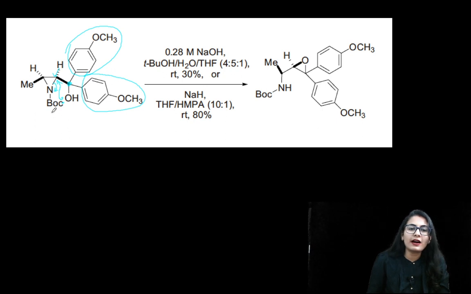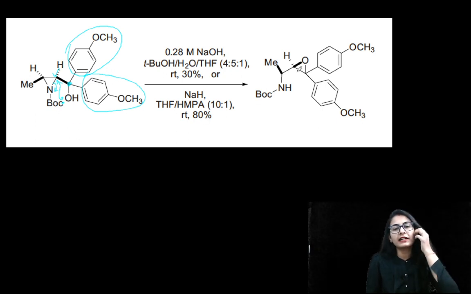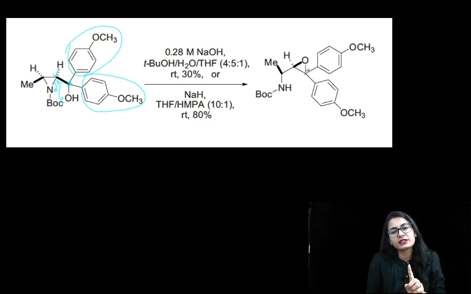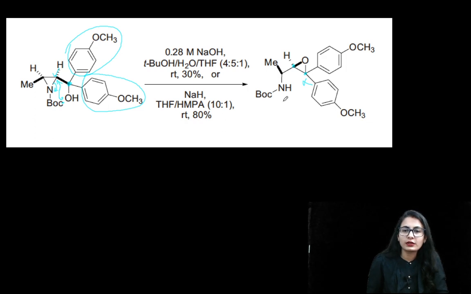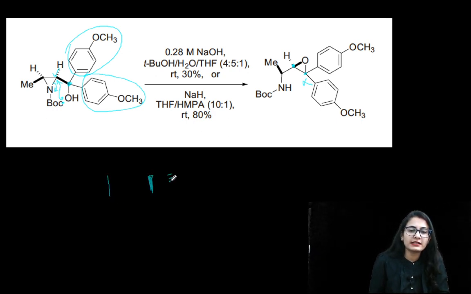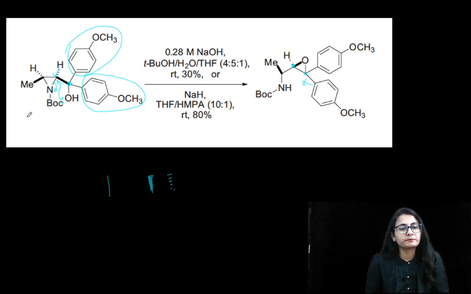Yes, and that is how we can say that an epoxide is formed. So you are not mentioning the stereochemistry on this carbon, only the stereochemistry right over here. Bond rotation could always take place, and that is why you get the epoxide from the above: the methyl group above, and nitrogen on the plane. See, a single line is on the plane, this is above the plane, and this is below the plane. All right, so this is how it is going to be.